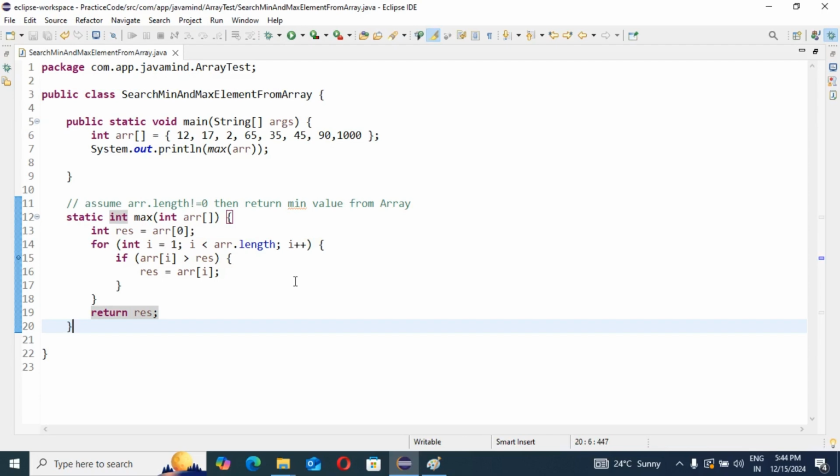Sometimes the interviewer may ask how you would add custom logic to find the minimum and maximum element, because in Java you already have many min and max methods. So you need to understand the logic to find the max and min element from the array.